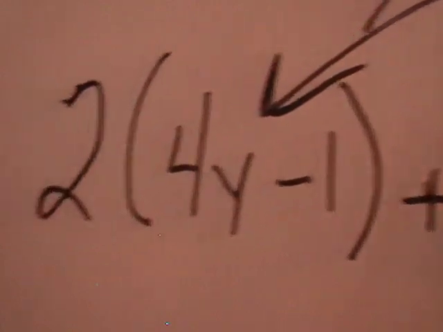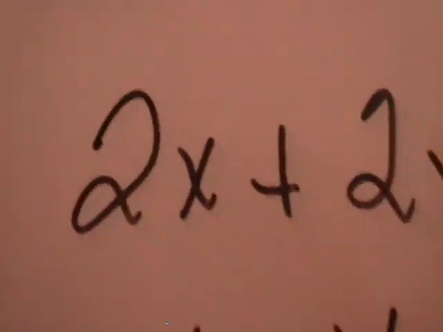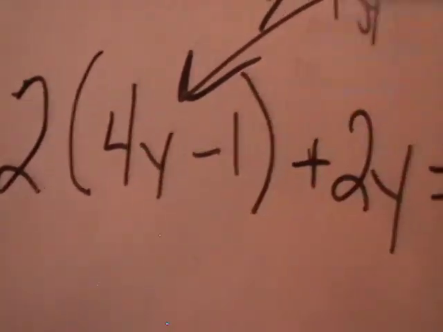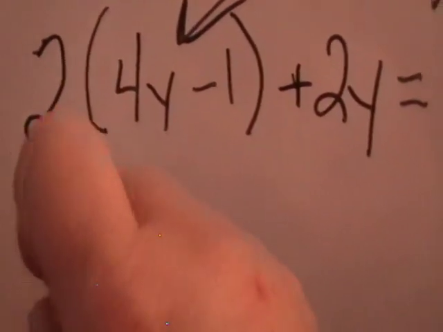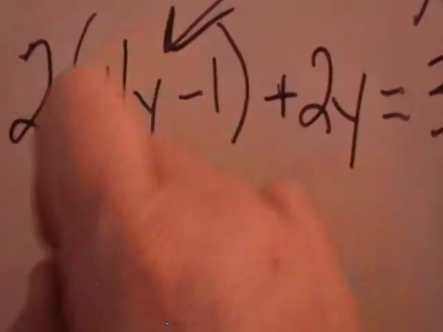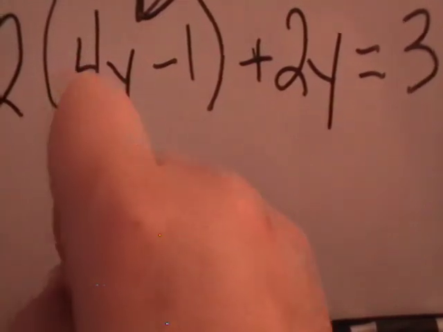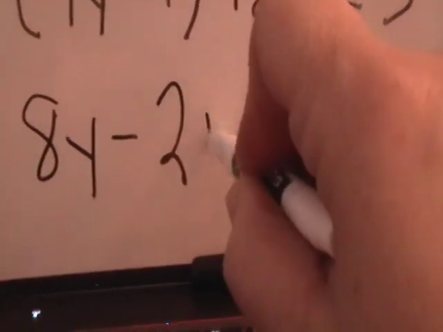4y minus 1. 2x, 2 times the value of x right there, plus 2y equals 3. So now I just go through and I do my algebra. 2 distributive, 2 times 4y, 8y. 2 times -1 minus 2 plus 2y